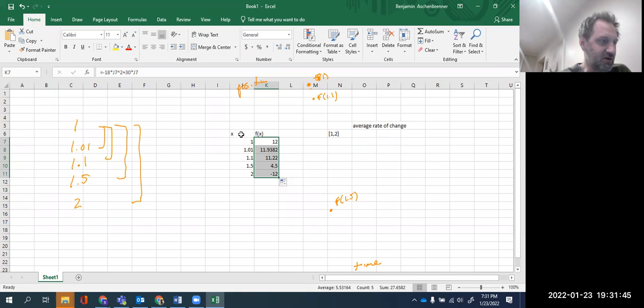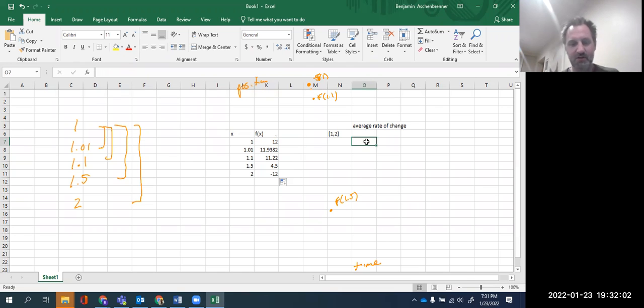But beyond that, it should generate automatically the outputs for you. So let's just consider what happened here between 1 and 2. The average rate of change, if we take the output of f(2) minus f(1) divided by 2 minus 1, that ratio,